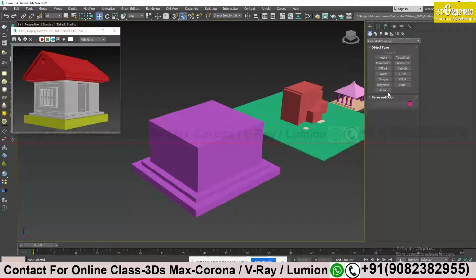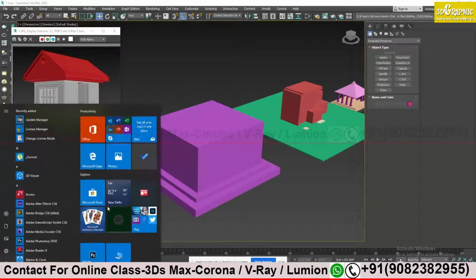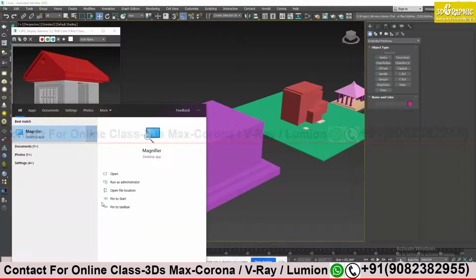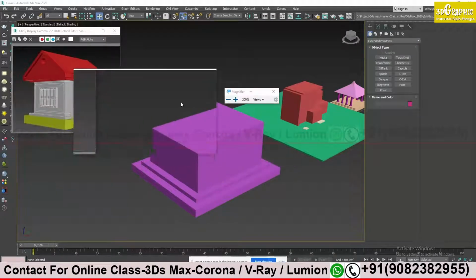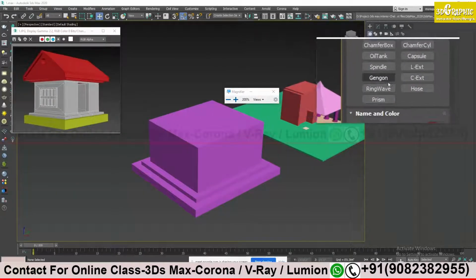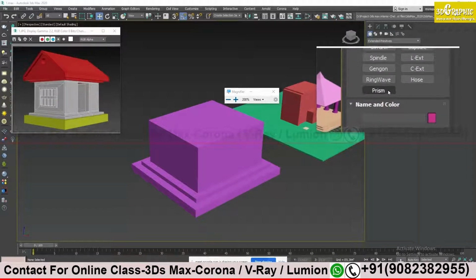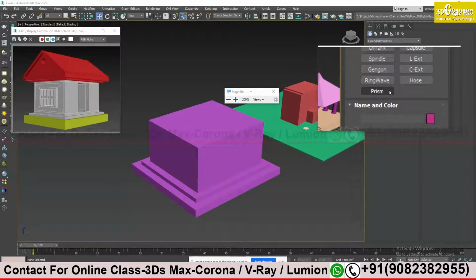One second, let me see if I can zoom in and magnify things. You can see the option prism right now.